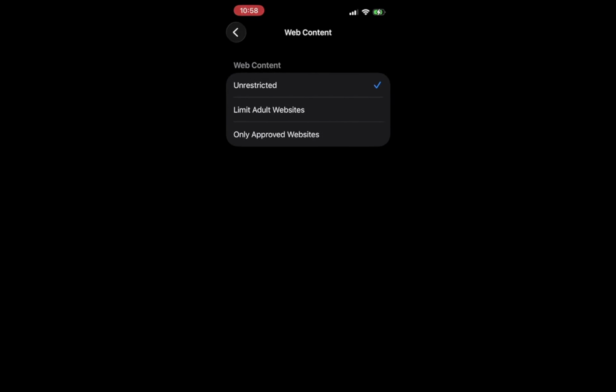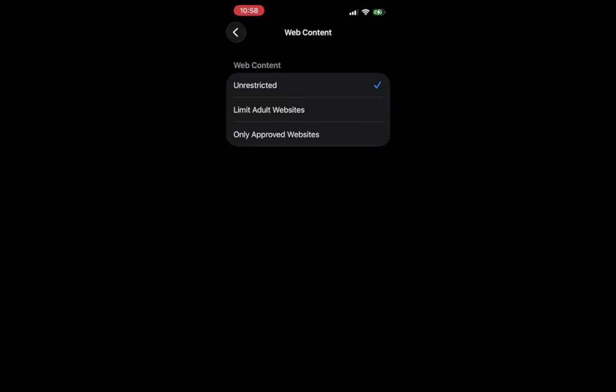This is where you'll be able to manage settings specifically for web browsing. By choosing this option, you focus on the internet aspect of content restrictions. Here, you will find the settings that dictate which websites can be accessed and which ones will be blocked. Understanding this section is key to effectively controlling online access, especially if you want to create a safer browsing experience.